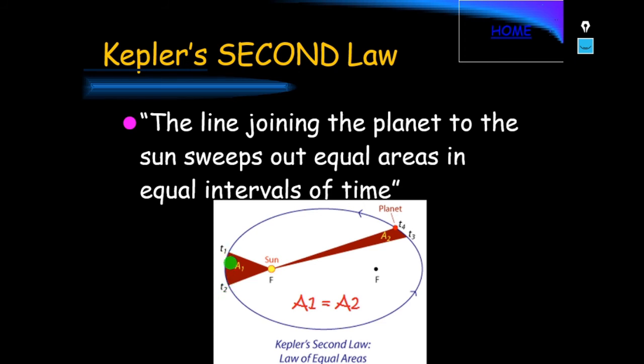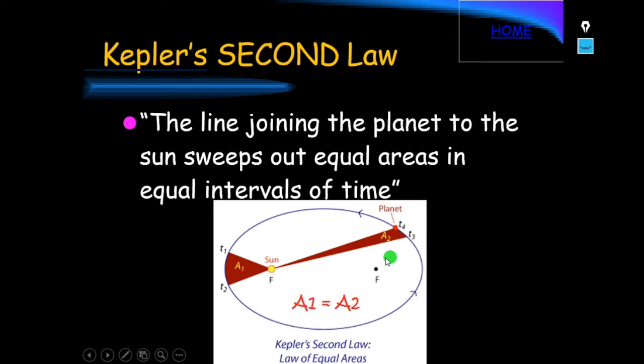If we draw this arc from T1 to T2, the planet has moved, let us say, in 5 seconds. So the area covered by the planet is equal to, if we take the same 5 seconds,